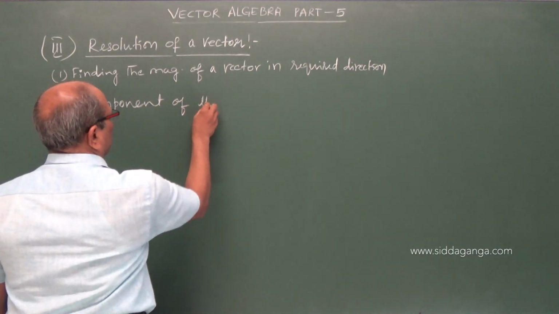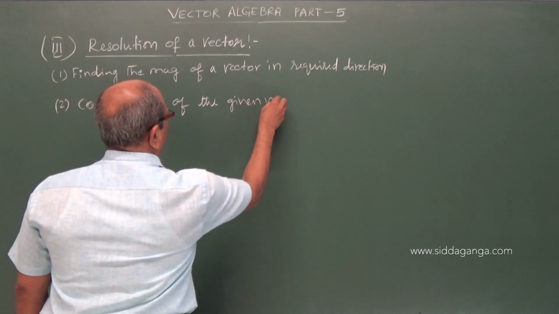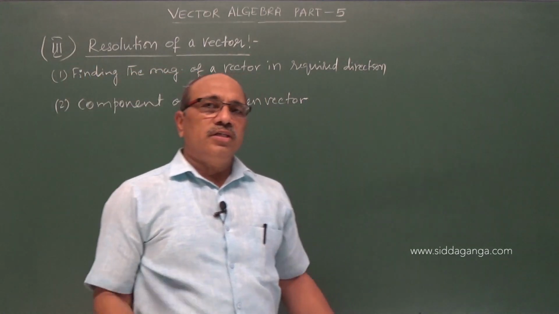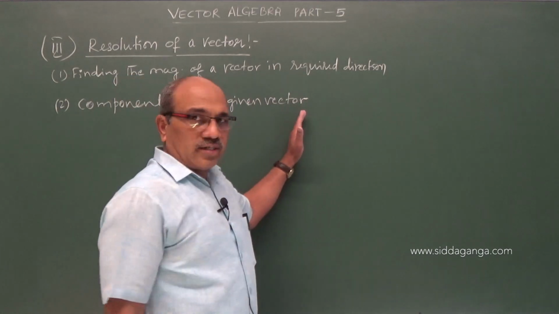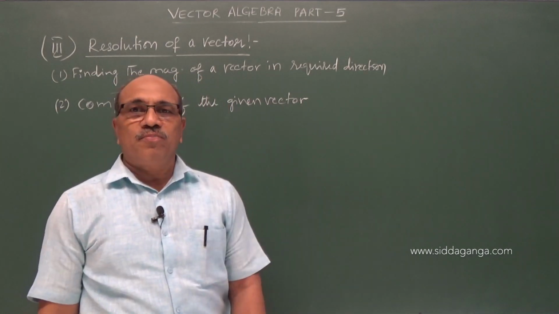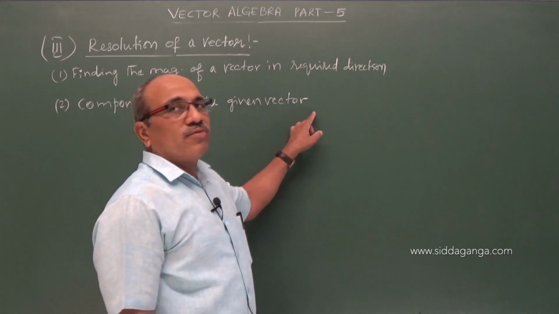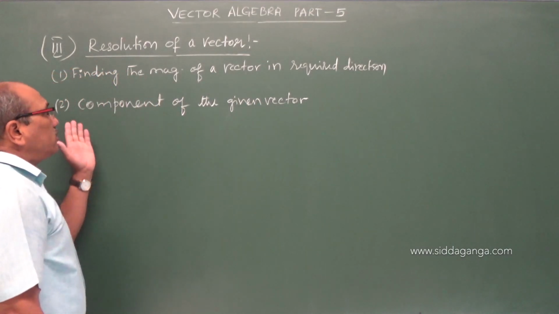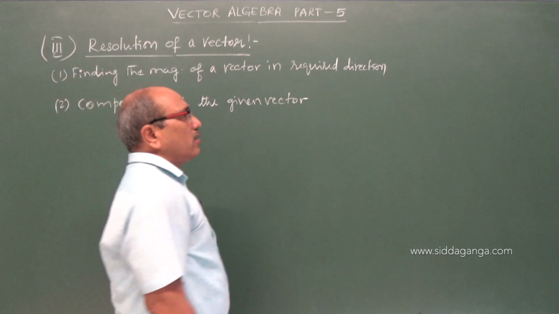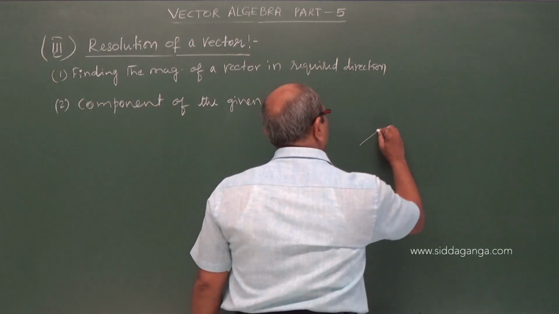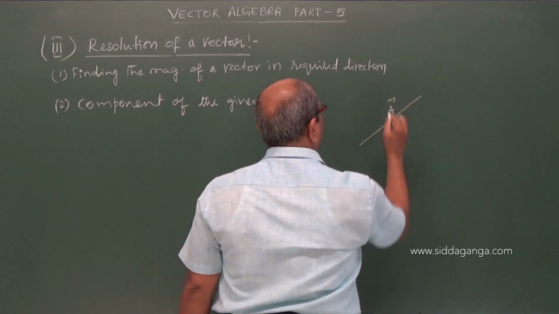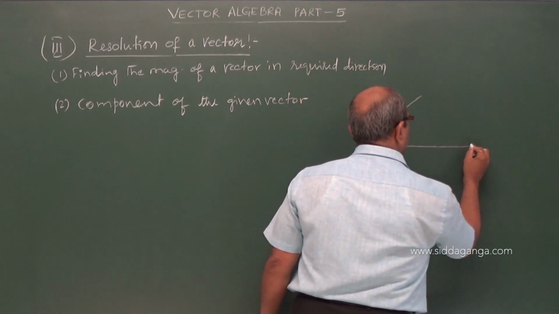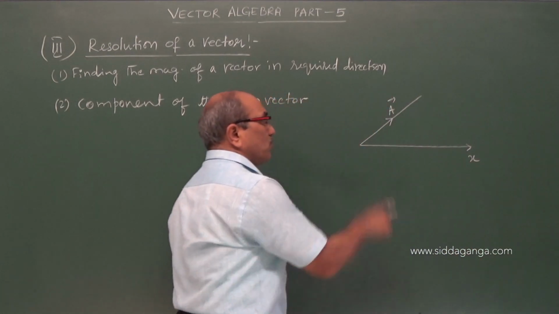Component of the given vector. This set of components can give you the given vector when suitably added. Sometimes they are also called resolved components of the given vector. If I take a vector, for example, A, acting in some direction, and I want its component along x direction,